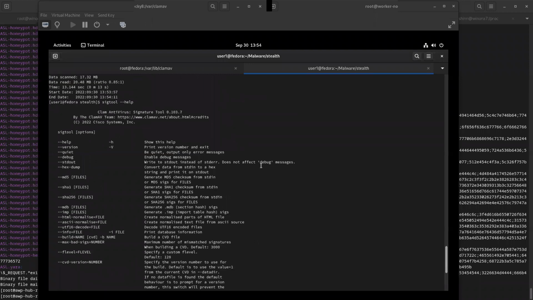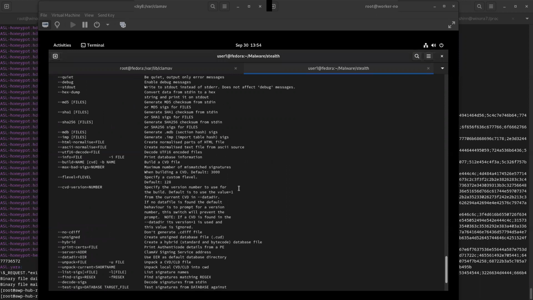But I wanted to touch on some of the other options in this, and the one that I find really useful, which is Yara. This would allow us to generate what I call internally a binary signature. That's doing it a disservice, but basically in a ClamAV signature, we can create a signature of the actual binary as it lives on the disk, effectively looking at machine instructions.